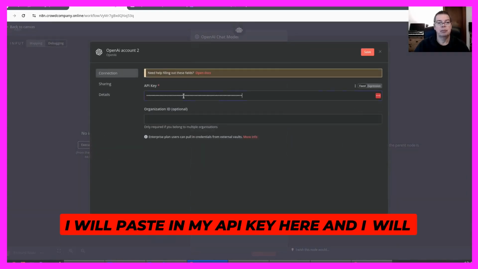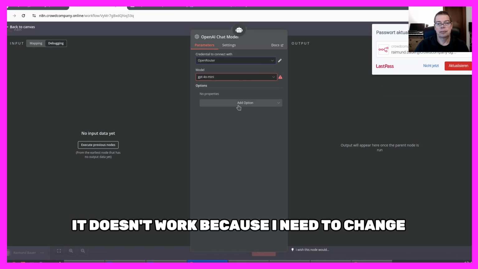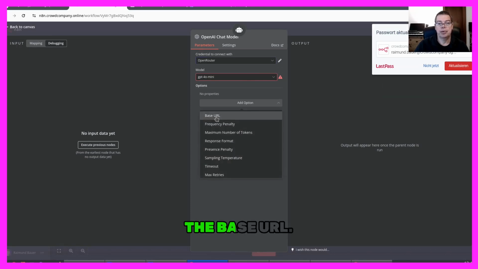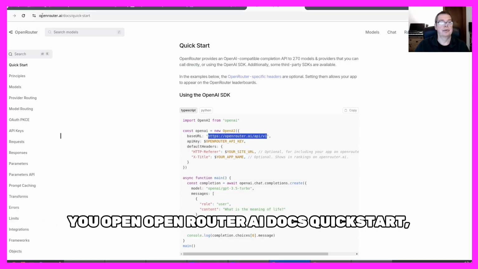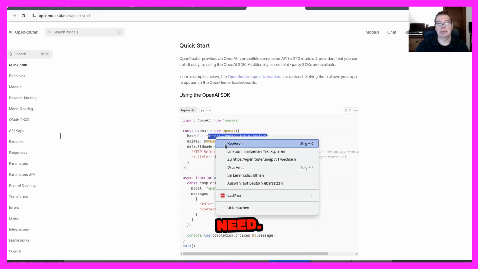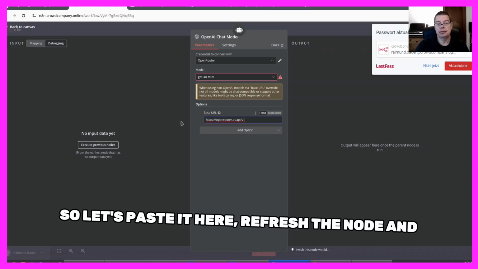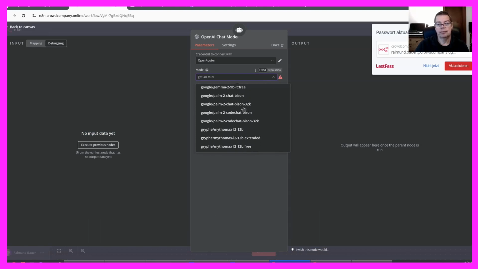I will paste in my API key here, and I will call this credential Open Router. It doesn't work because I need to change the base URL. So I click on Add Option, Base URL, and when you open Open Router AI Docs Quick Start, you will see this is the base URL that we need. So let's paste it here, refresh the node, and now we should get a lot of different models, and some